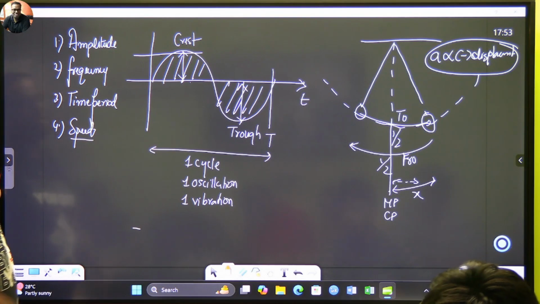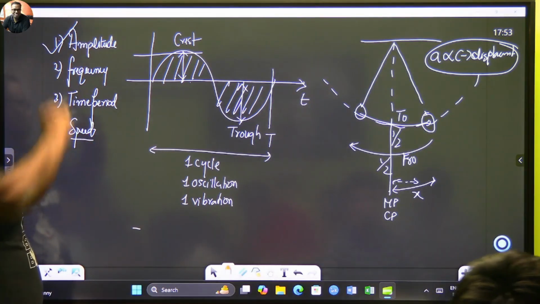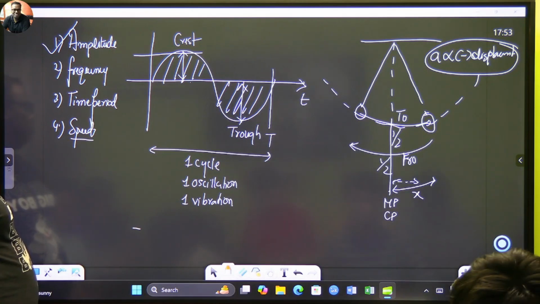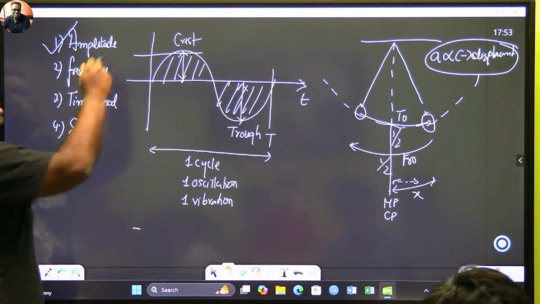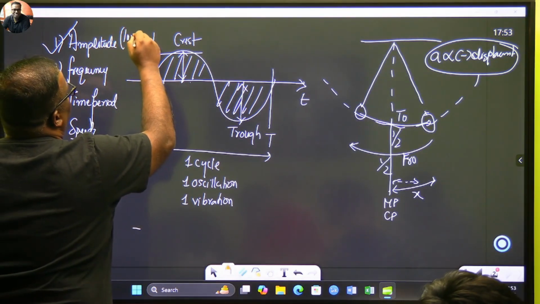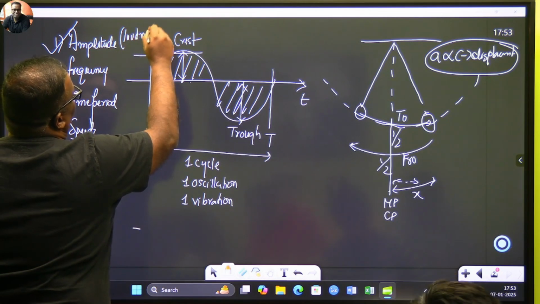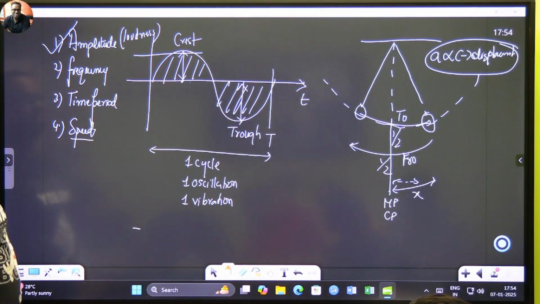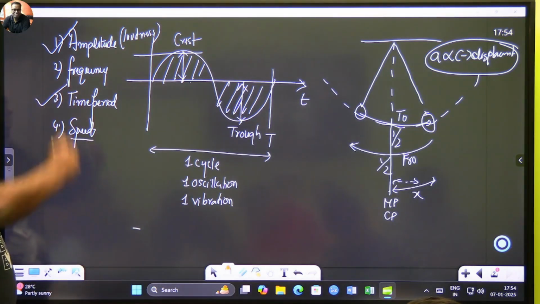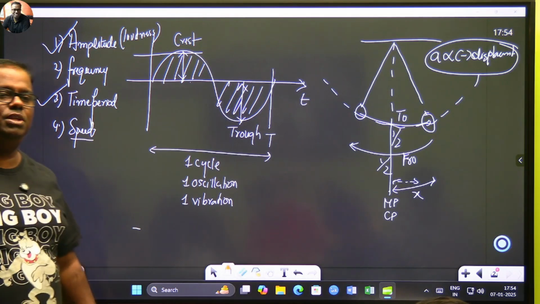ठीक है? क्या एम्पलीट्यूड को टिक मार्क कर सकता हूं? एम्पलीट्यूड इज द मैक्सिमम डिस्प्लेसमेंट फ्रॉम द मीन पोजीशन टू आइदर ऑफ द साइड्स. एम्पलीट्यूड इज आल्सो अ मेजर ऑफ लाउडनेस. कोई भी साउंड अगर लाउड है तो उसका एम्पलीट्यूड लाउड है. कैन आई टिक टाइम पीरियड बच्चा? टेल मी, आर यू फाइन इन टाइम पीरियड?